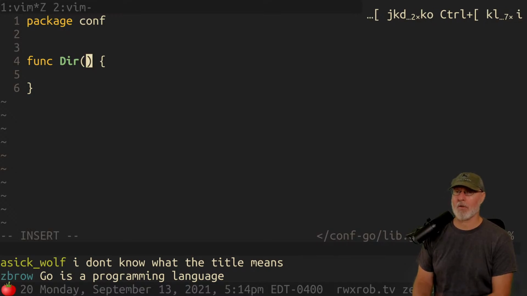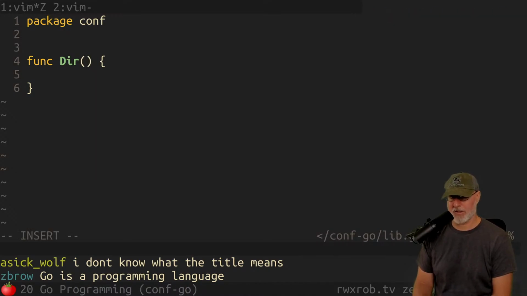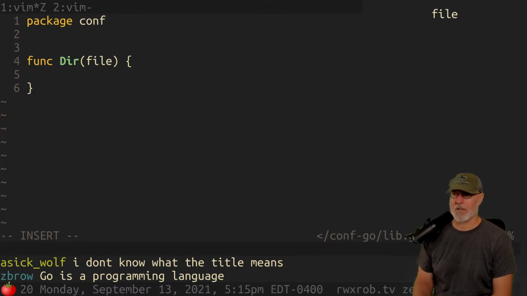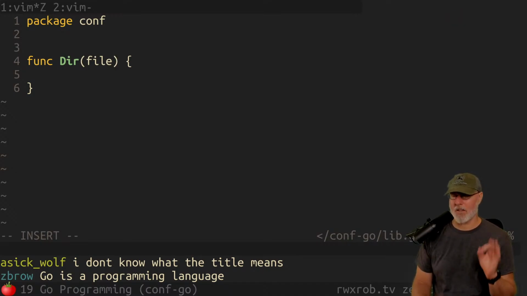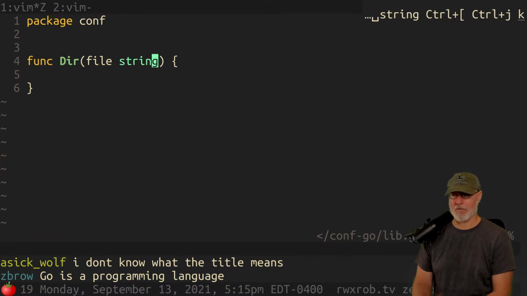Okay, so this is the thing that blows people away who've done any kind of programming in other languages, except for Rust, which is the same thing. We're going to name the argument first. So let's call it file, because we don't care. Actually, they tend to use one letter. It depends on how much you've got going on here, but in Go they tend to use one character as an idiom, but if it's a string, then we make it longer because we want to give some sense of what it is. But if you have a type over here that's very explicit and says what it is, then usually they're more likely to use a short name.